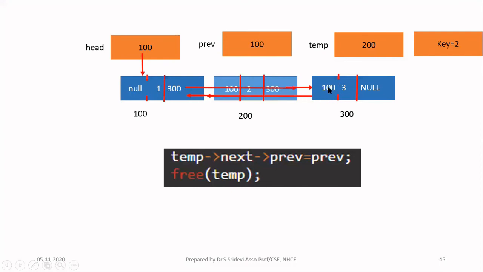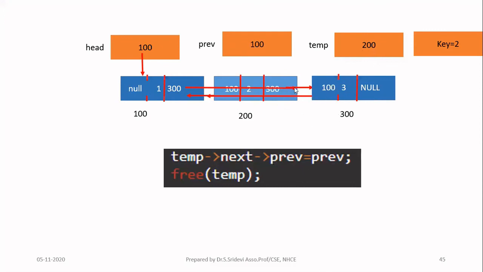Here, you have to store previous. So this 100 is available in previous. So I am writing previous in the right hand side. In the left hand side, I have to give how to access this particular node. It's nothing but temp is having 200. Okay, so in 200, in the next field, we have 300. Okay, in that node, the previous field is this one. So we are writing this.